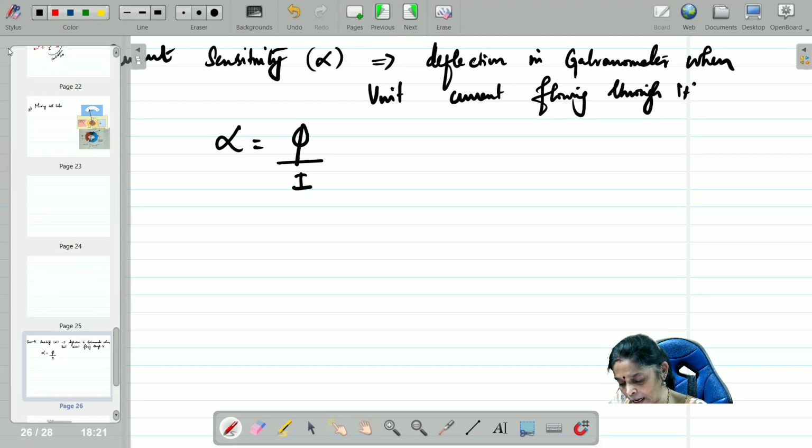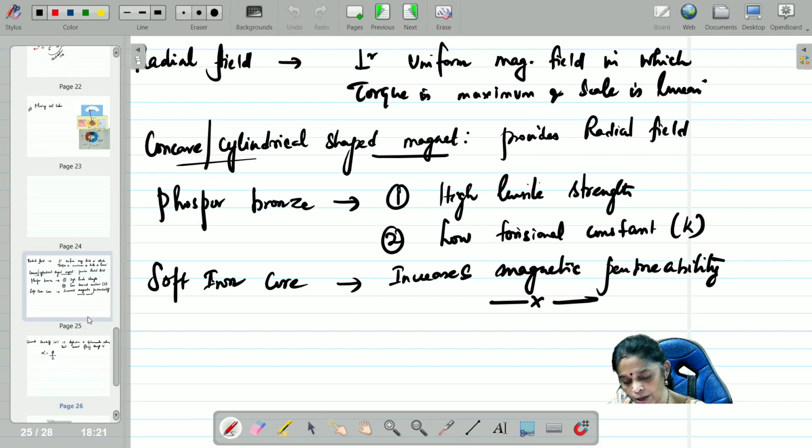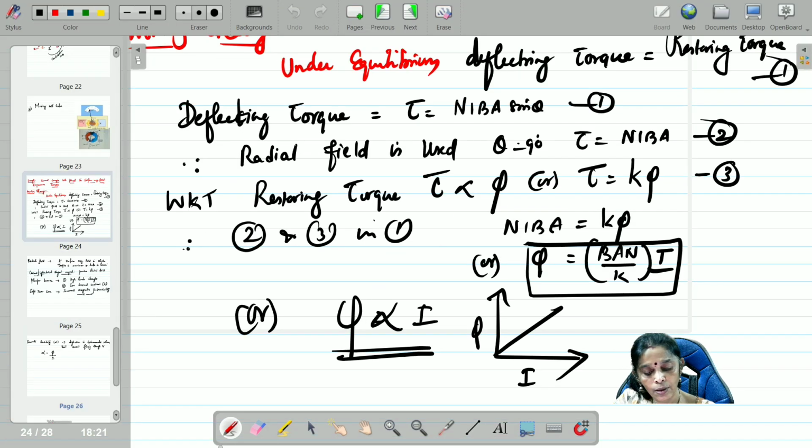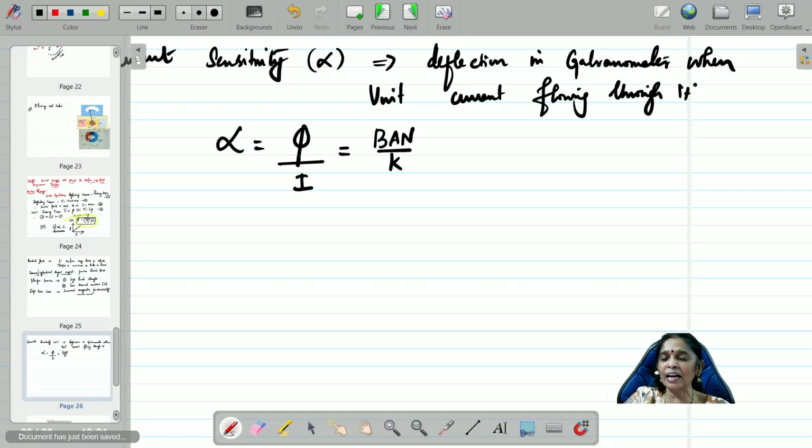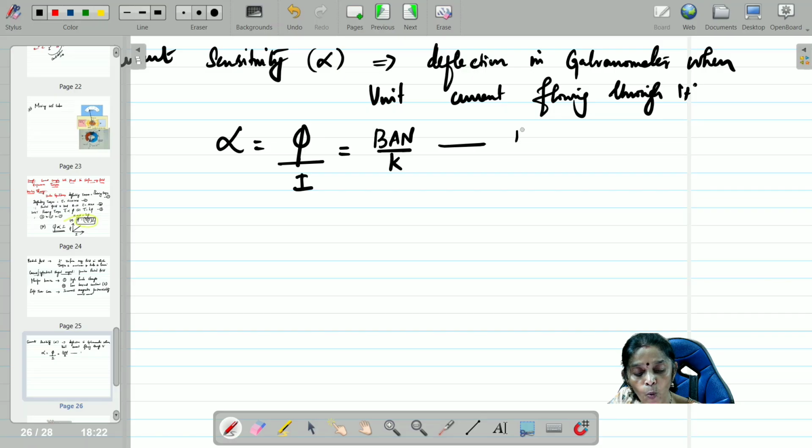Children, we have already learned what phi is. We have learned phi by I = NBA by K here. Can you check here? Same thing I'm going to write here. So phi by I = NBA by K. You can keep it in mind, it's a kind of mnemonic that will help you recollect whenever it is asked. So now phi by I = NBA by K, equation number 1.